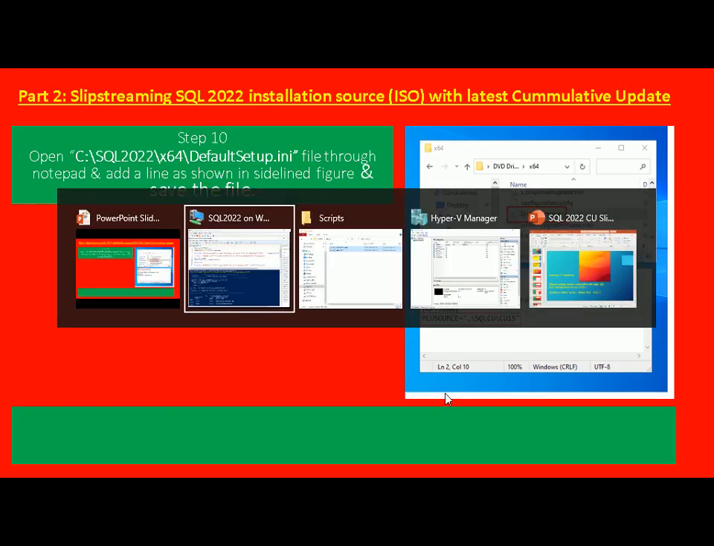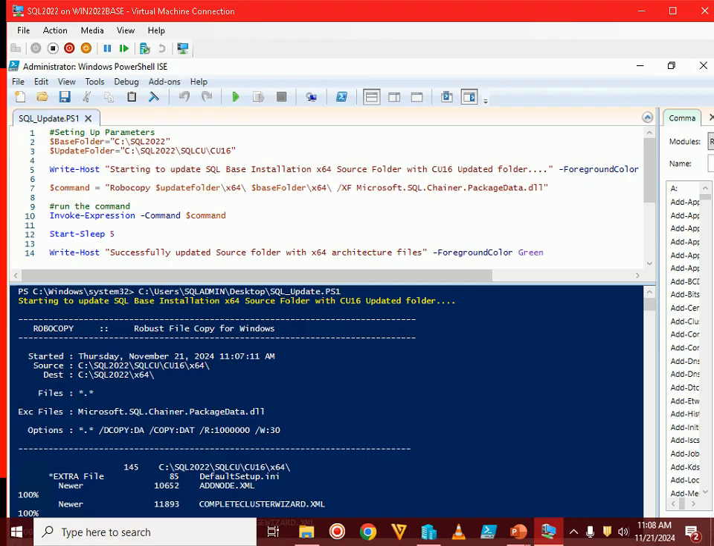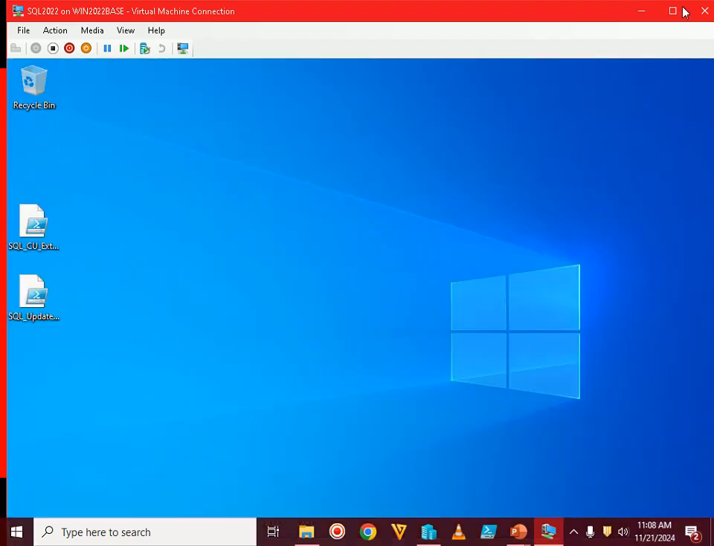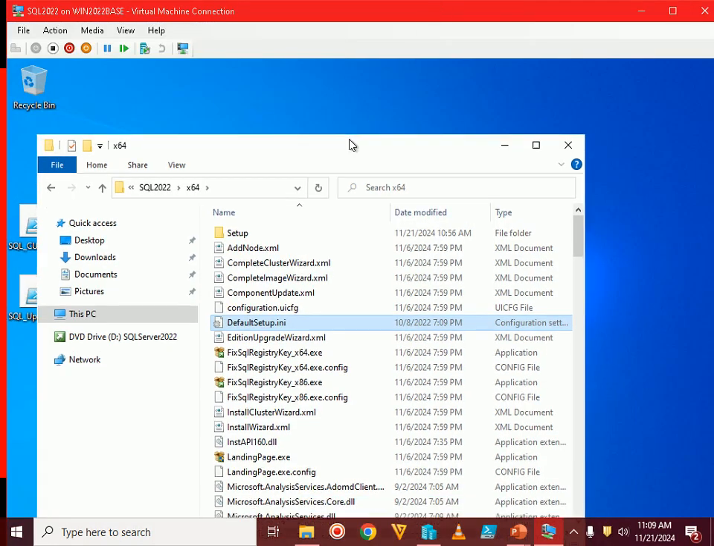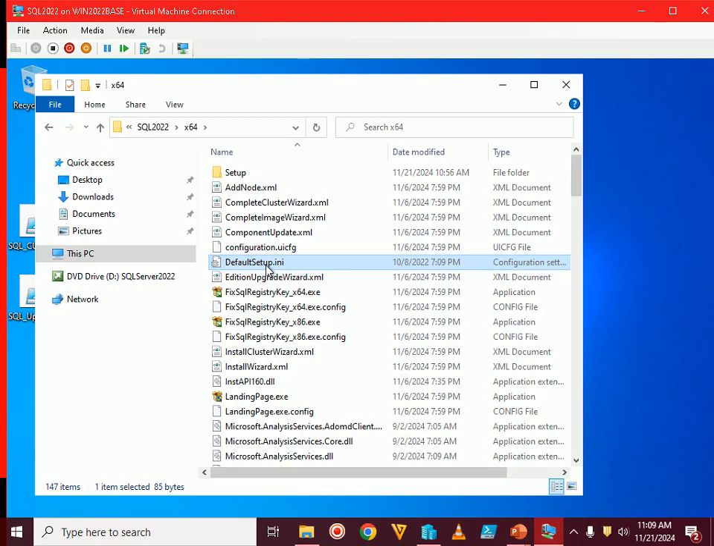Let's go back to our SQL 2022 machine. I will minimize this, and in the SQL 2022 x64 folder, this is the file which we need to edit. Now this is the default setup.inf file which is used for running the setup configuration. Whenever you run the SQL Server installation wizard, it refers to this particular file. So we need to edit this file with certain inputs